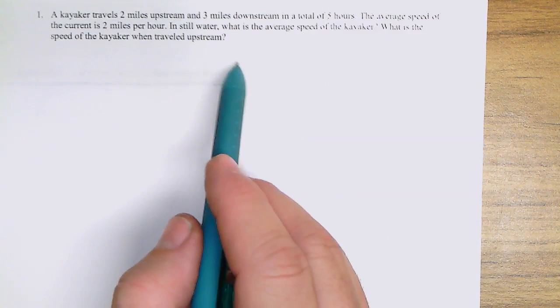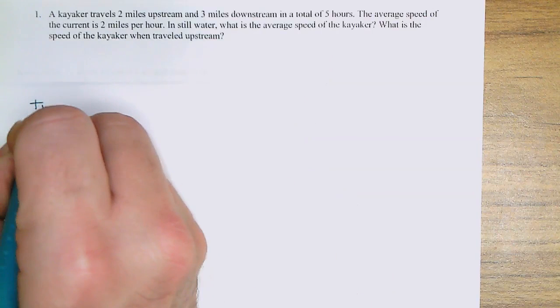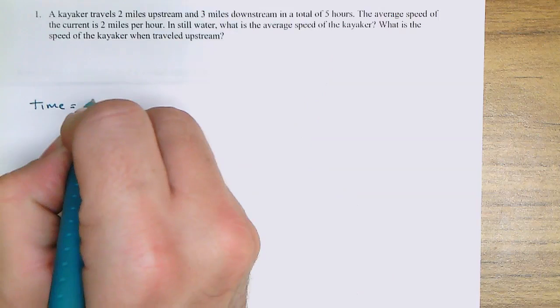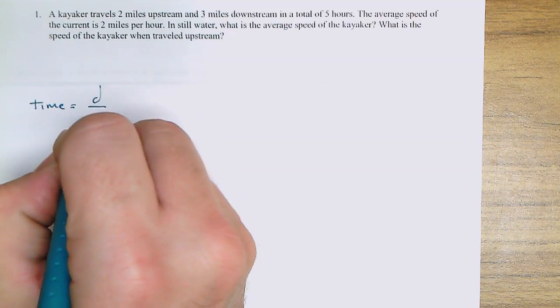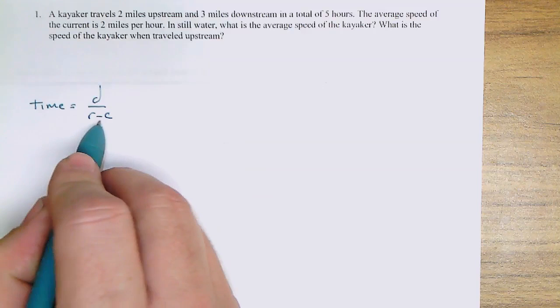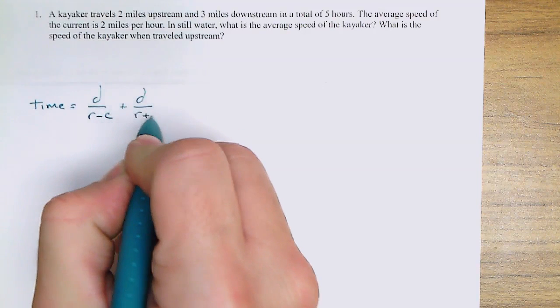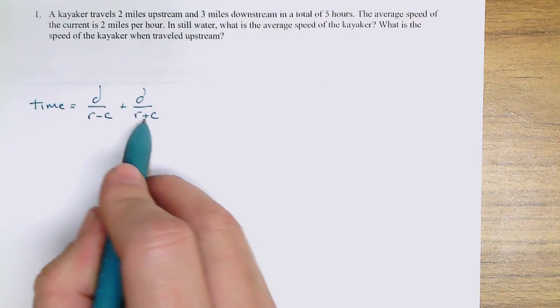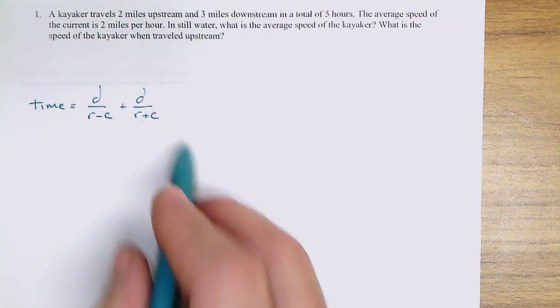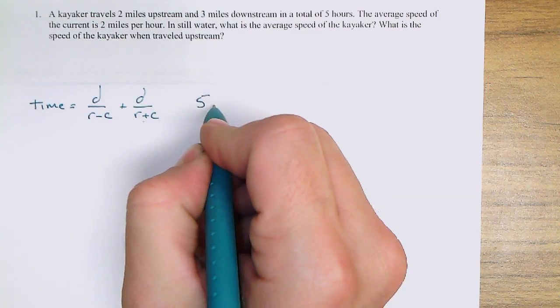So this problem is a current problem. We set these up as time is equal to distance over rate minus the current, so this is when we're going against the current or upstream, plus distance over rate plus the current. So this is when the current's helping us, we're going with it. So in this case, it took 5 total hours,